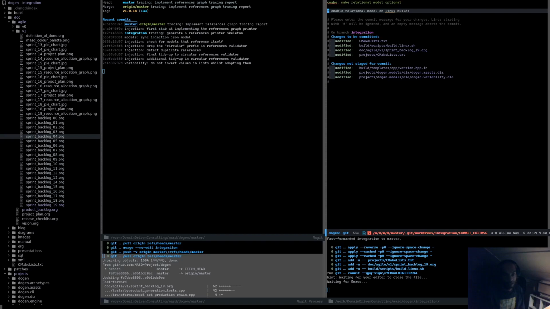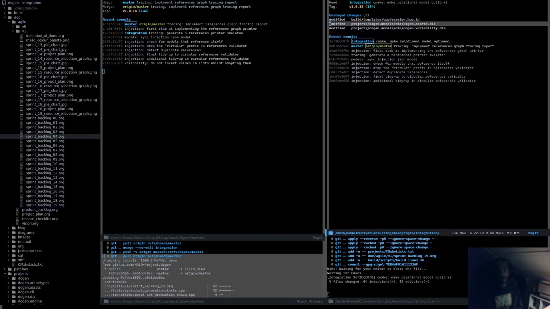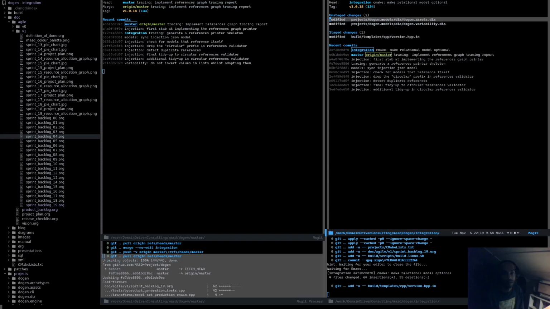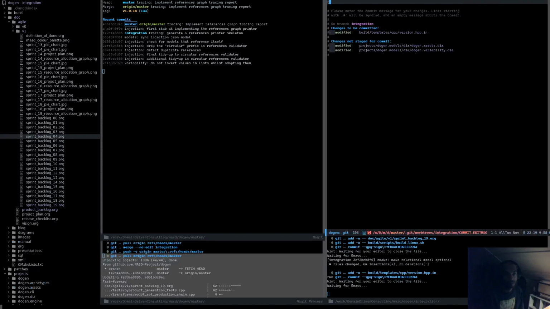I mean, this is where sometimes I get a little bit pedantic. You could really do two commits here, one for the build script and one for CMake, but I think that's alright. Also say templates: add macro to detect presence of relational model,